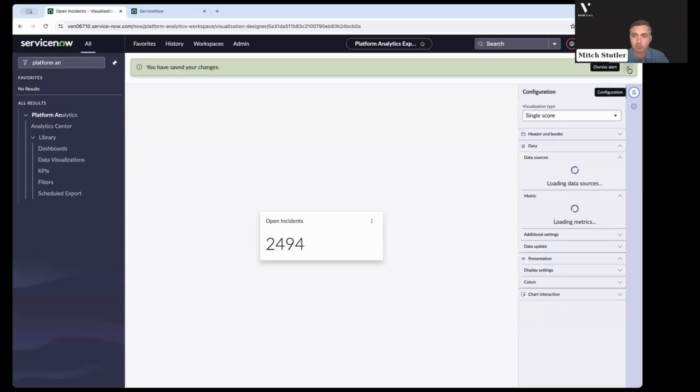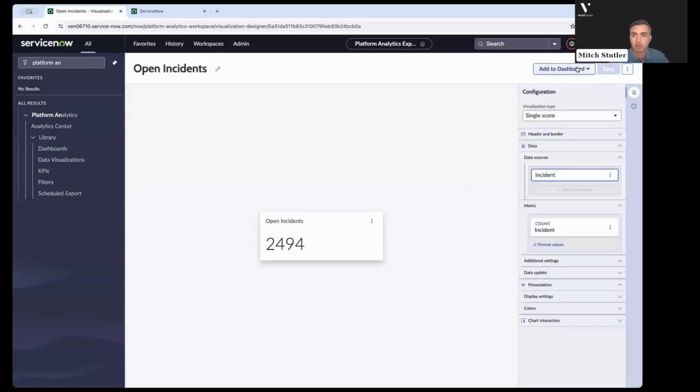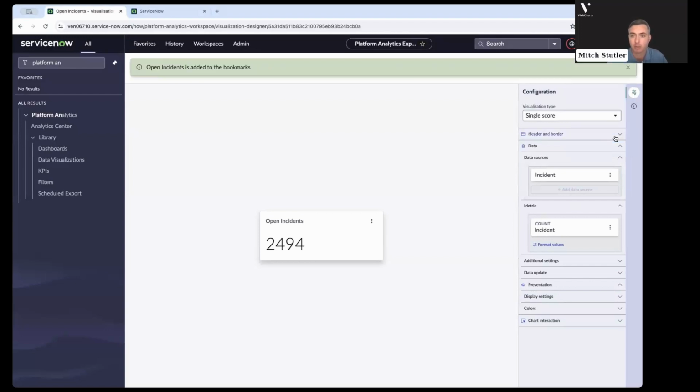And now that is created. You've got that. And you've got the ability from here to add to a dashboard. This is also the menu where you could do any sharing, exporting, scheduling, or add to my bookmarks, which I'll go ahead and do. One thing I'd want to call out, just because it was something I personally struggled with